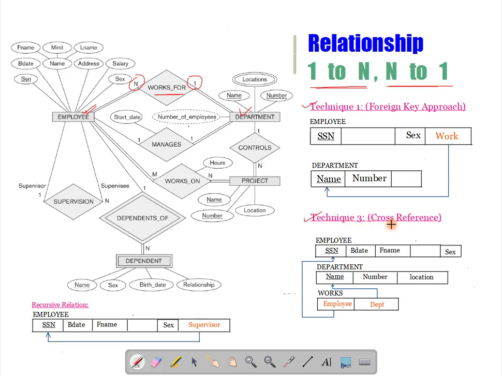And if you follow the cross reference, just like before, there will be employee and department relations, and there will be a new relation works, with two foreign keys. One refers to the employee primary key, and the other refers to the department's primary key. So this is how you can convert a one-to-many or many-to-one relationship.